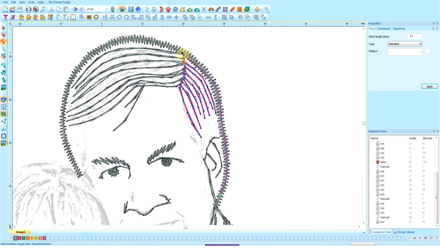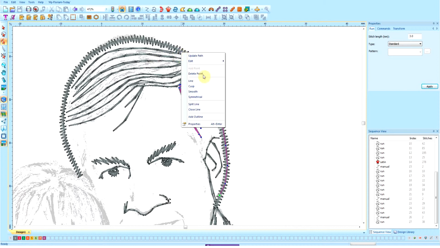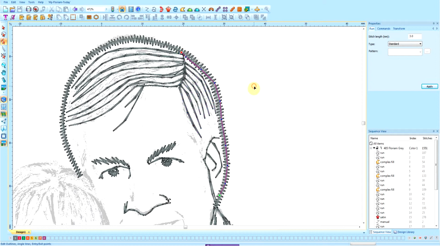the red dot. I'm going to break this into 2, and with my shape tool, I'm going to click on this node right up here, right click, and split line. And what that's done is it's taken this and split it right at that part. So we now have, if I can find it, this piece of hair which starts here, which is where I split it, does all this and ends right there. Now if I need to find that over here, which is right there,